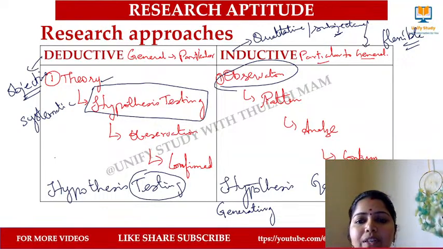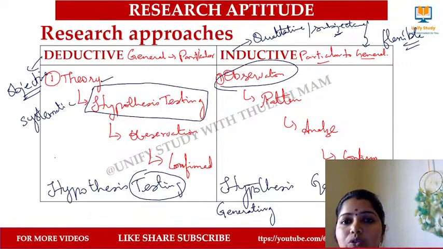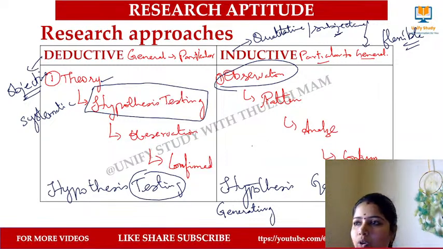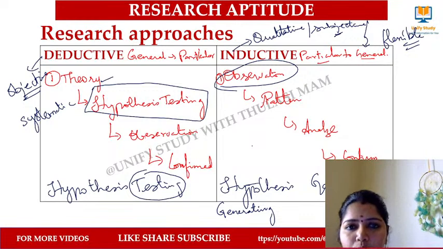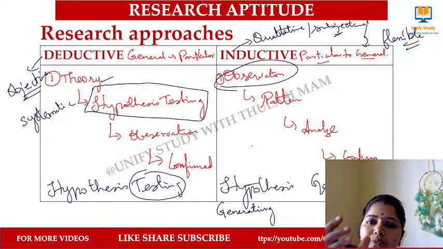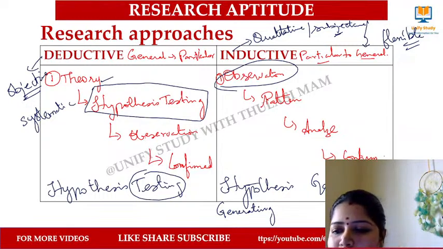But on the other hand, we have inductive approach, and that is particular to general. We make generalization, right? And here it starts from observation, and the pattern is being observed, and analysis will be done and confirmed. For this, I gave you example, right? You want to know about some kind of people. You go into their place and you talk to different kinds of people who reside in that place. Each one will give their viewpoints about their place, and everything will be observed, and the pattern will be recorded, and you come and sit and do analysis, and finally you confirm, okay, this place has this kind of things, this kind of things we can't get, and finally it will be confirmed.